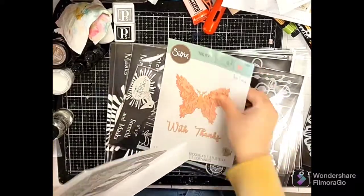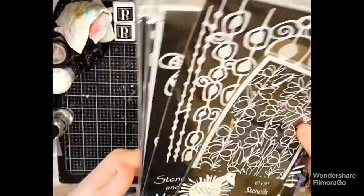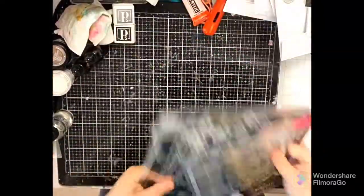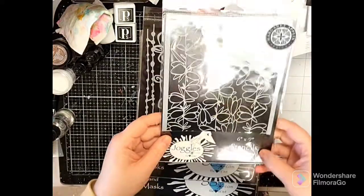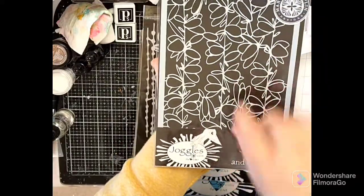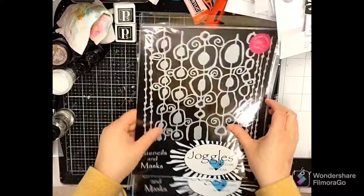So that was Scrapbook.com. Then I have Joggles. I needed some stencils, and so I went ahead. She has a reasonable price on her stencils, and then the nice big ones. I did get one smaller one, but this is from Margaret Applin. I don't know if I'm saying that correctly. This is a 6x9, and this one is called Bud Vines. And I really like that really open place where lots of pattern can fit in there. And then the rest are all these 9x12s from